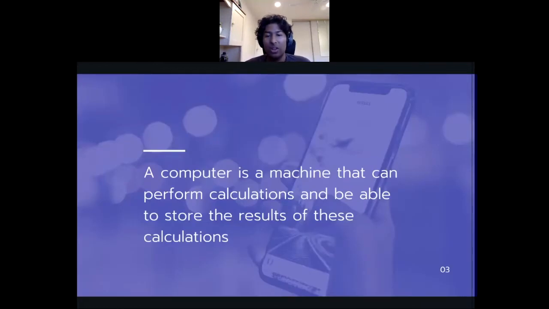Last week I hinted to y'all that fundamentally the only job a computer does is to perform calculations and to be able to store the results of these calculations. Now, what do I mean by that? The notion of storing results is an easy one to understand. There is a place in the computer called the memory unit where the computer stores most of its basic data. But when we talk about calculations,